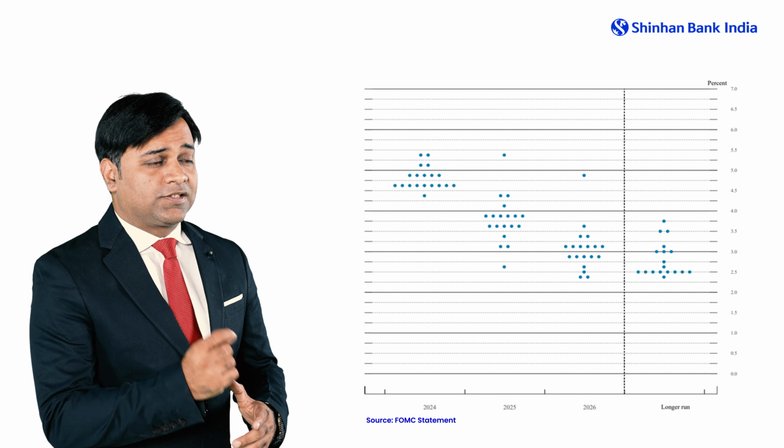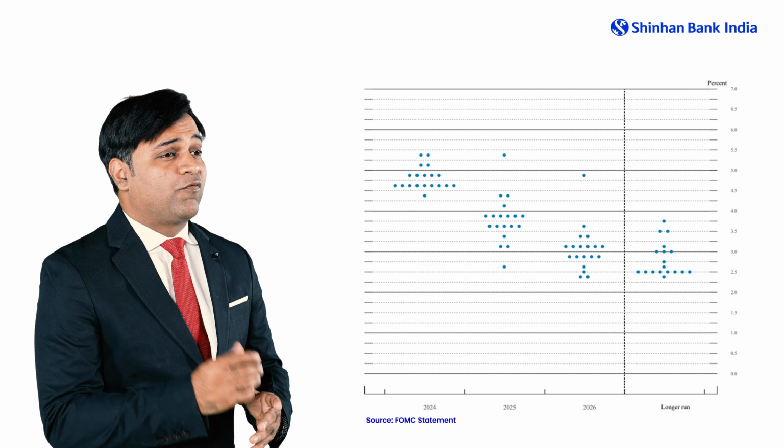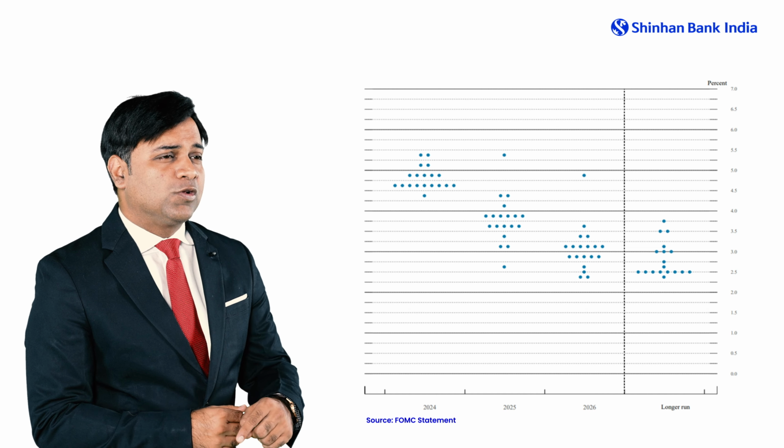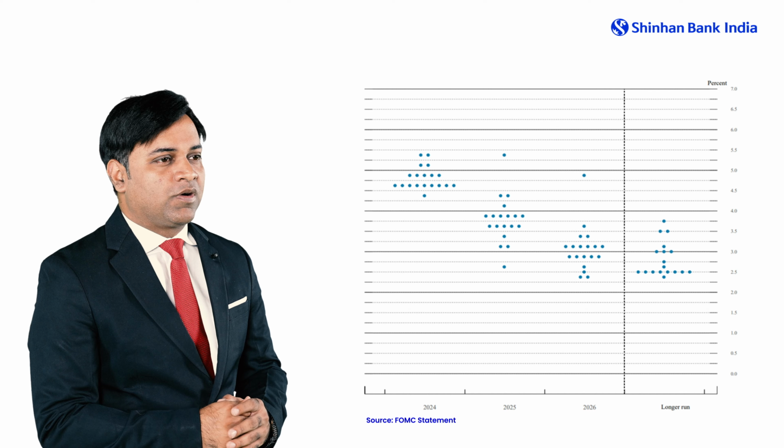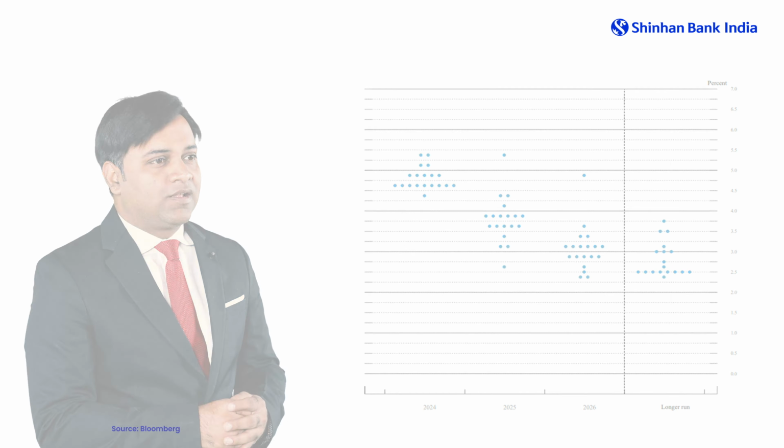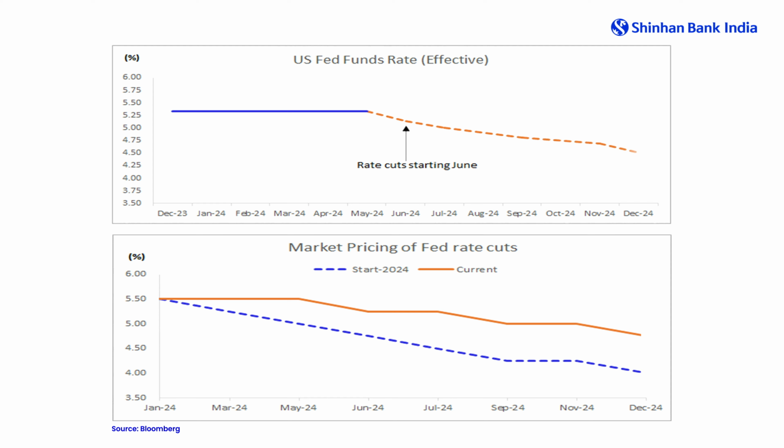The second important factor is the growth. The growth revisions have been done from 1.4% to 2.1%, while one more revision has been done in the core inflation number from 2.4% to 2.6%. Now, Powell has been very clear in his speech and in his testimony also that they will be data dependent, inflation still remains sticky and that will remain a concern. So one or two hot data points or one or two cooling off of CPI numbers may not determine that. Also, in the press conference, they have clearly stated that they don't want to create any uncertainties by going too soon for rate cuts and then again realizing or stopping in between. So they want clarity and then they want to move ahead, which was very clear.